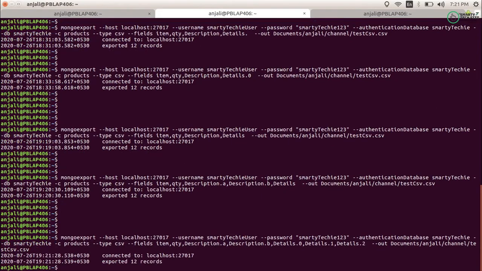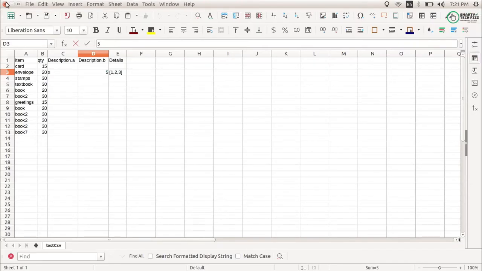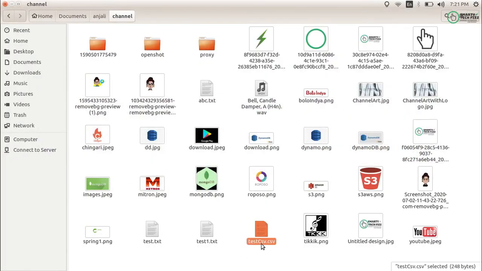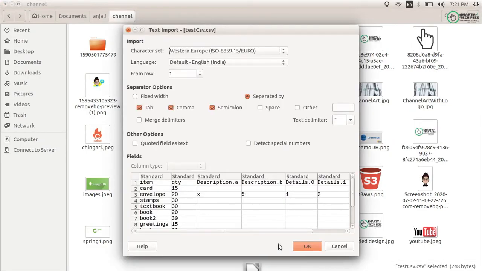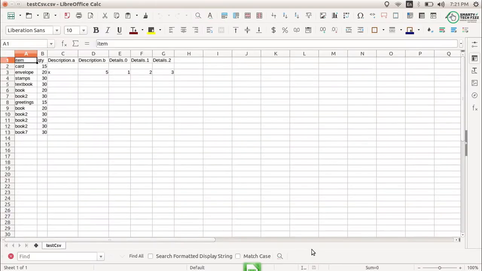Now it exported. Cancel it and open it again. You can see that it exported the array in different columns. That is how you can export different data types like array types or key value pairs like a map type in different columns.